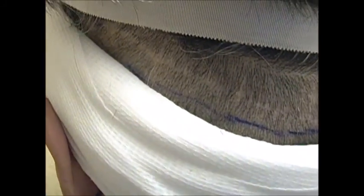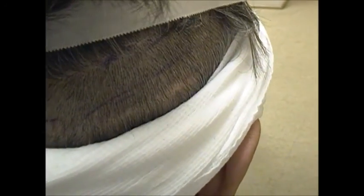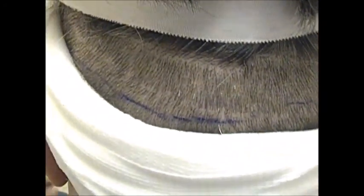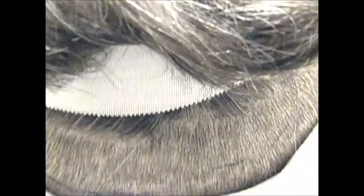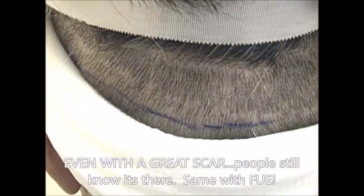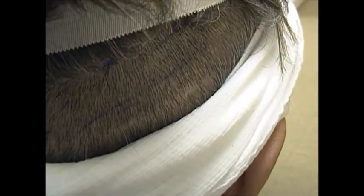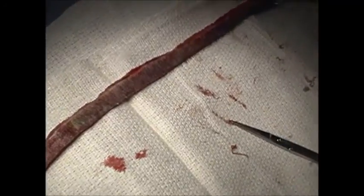So there's your scar from last year. Well, that is tiny. And then when you come across the other side, it is really difficult to see. So it gets a little more obvious along the sides, but on the back, that's because people twist their head all the time, and it stretches. So you have to go a little skinny on the sides. Even then, I give that an A as a result on that scar. Okay, so there's this strip,